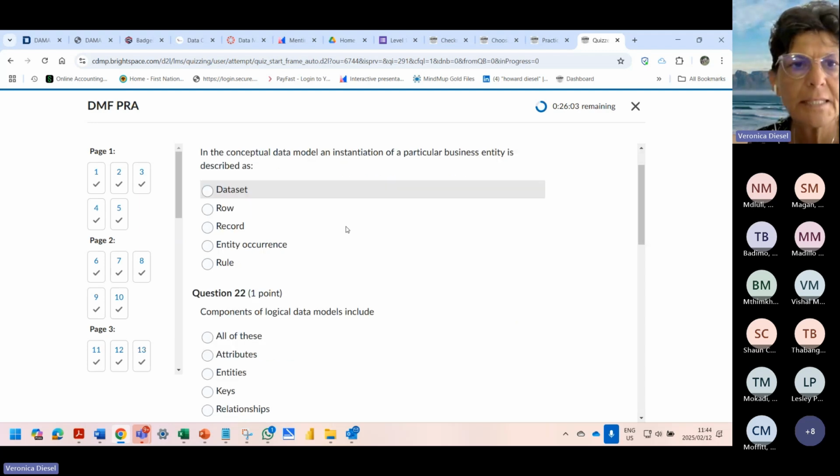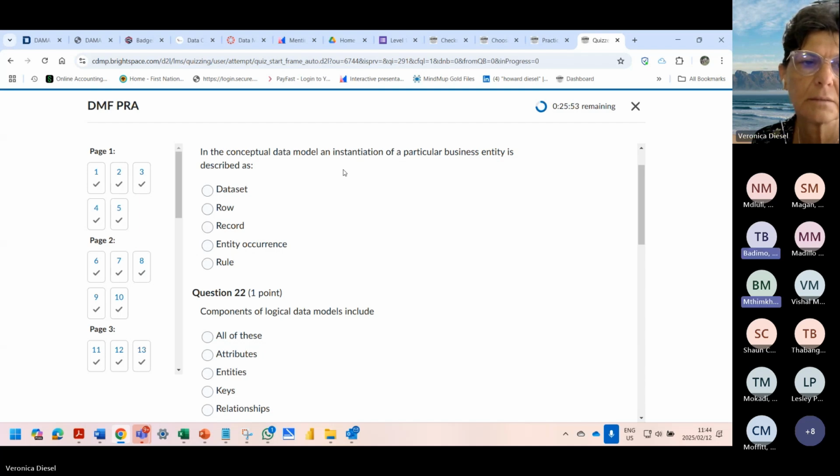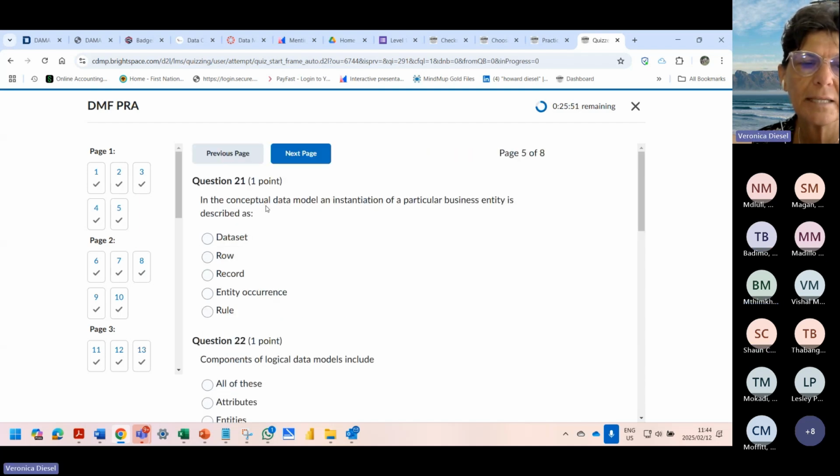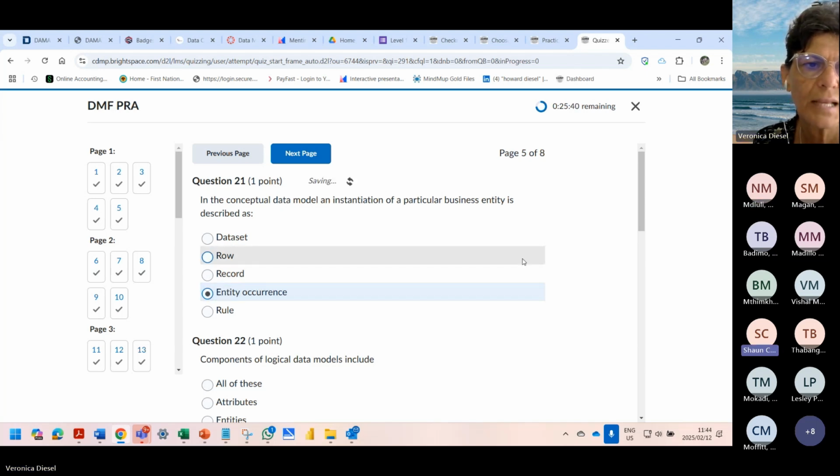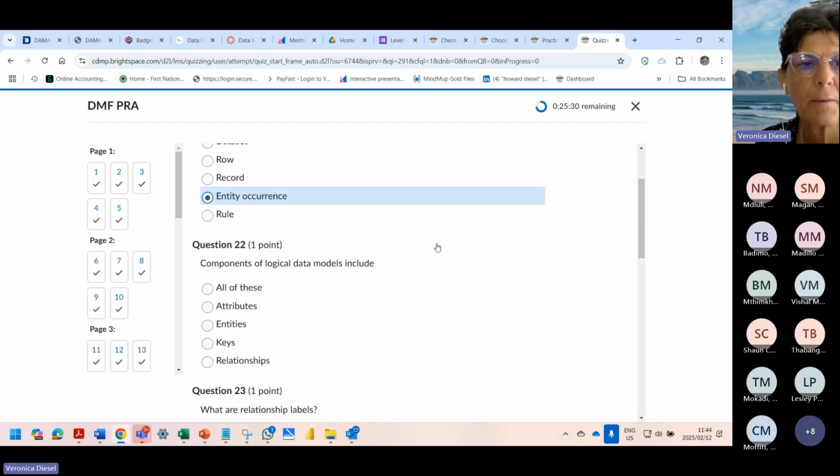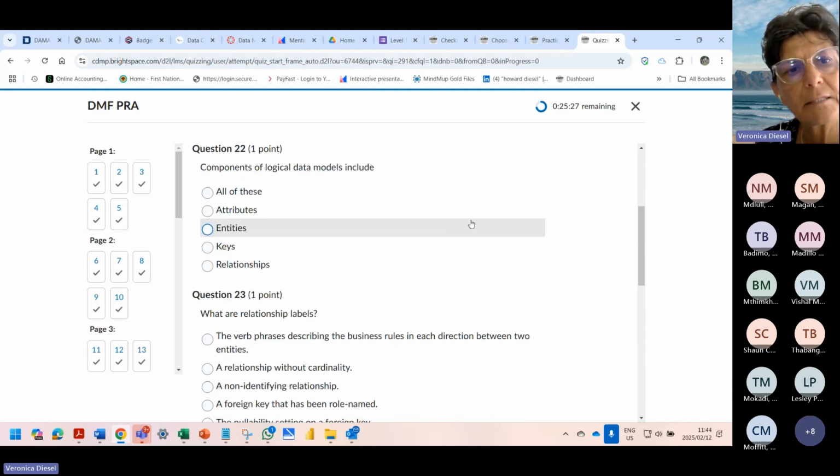In the conceptual data model, an instantiation of a particular business entity is described as... this is badly worded. Is it a record? Entity occurrence. It's not a nice question, because we would call an entity and then an entity instance. Anyway, components of logical data models include